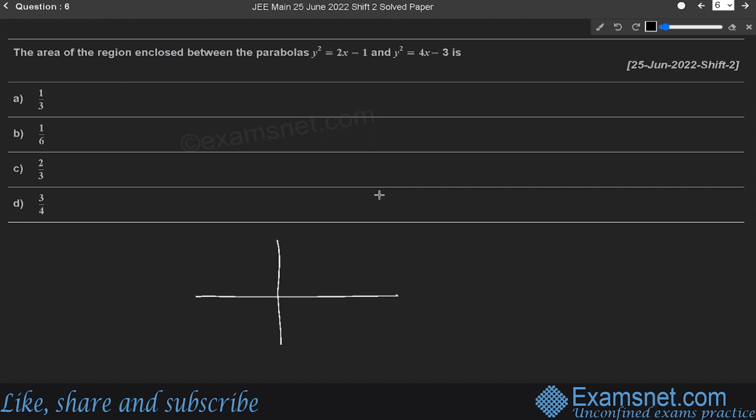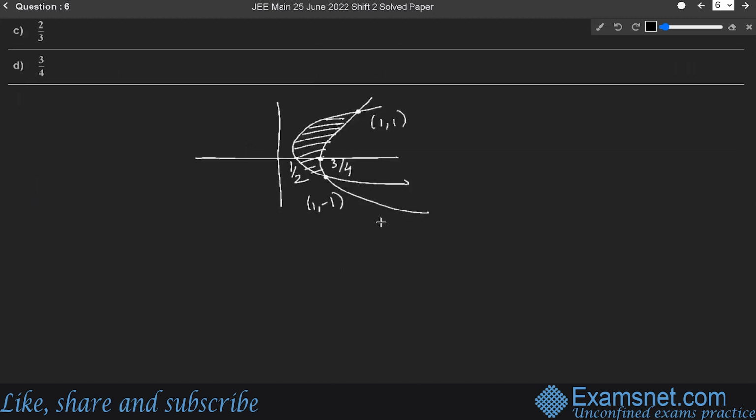There are two different parabolas. So consider this as parabola 1 and consider this as parabola 2. So this is the required area which we have to find. This point will be 1 comma 1 and this point will be 1 comma minus 1. It is just a rough diagram to make you understand. This is 1 by 2 and this is 3 by 4. Therefore, area of the shaded region